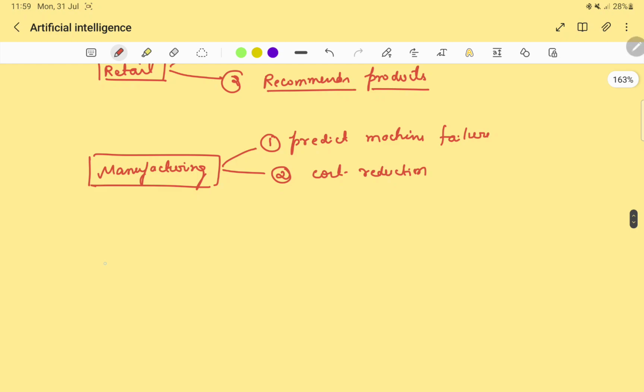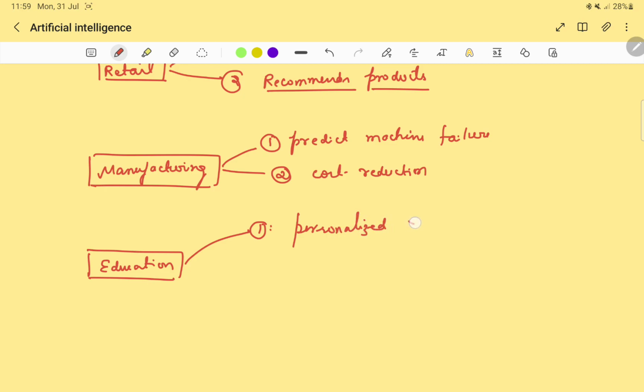Then we come to education. What are the benefits that artificial intelligence is giving in the field of education? So again, as machines are more smart, more intelligent, they provide us a personalized learning experience. Personalized learning experiences by analyzing the learning data and providing customized